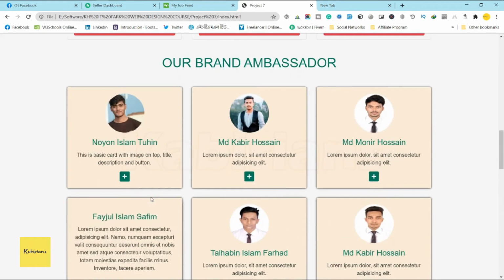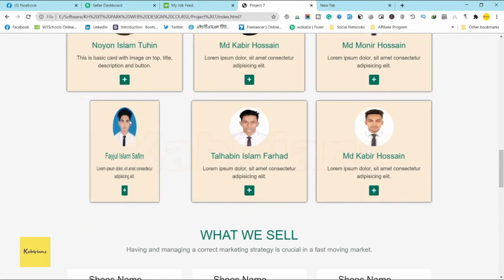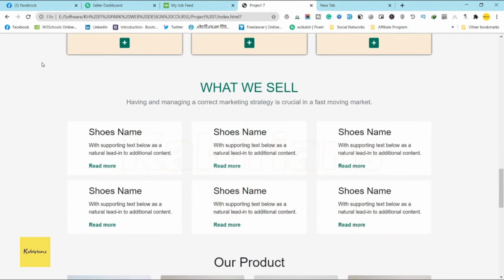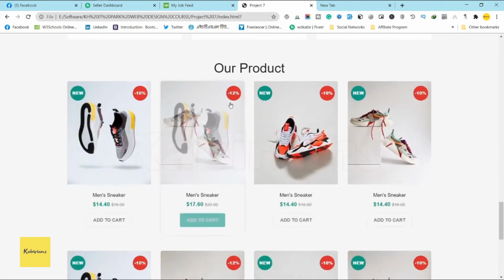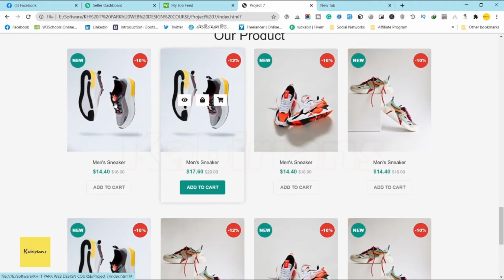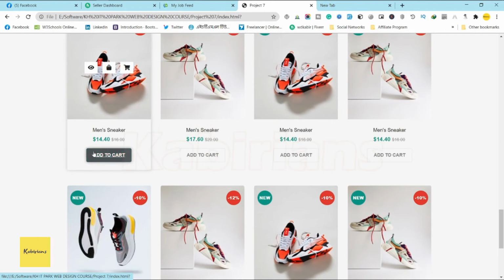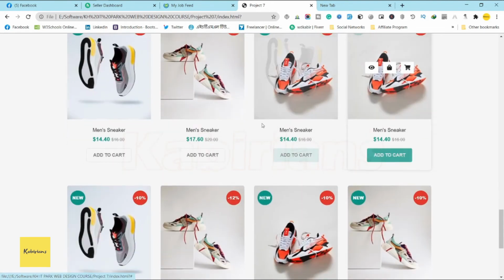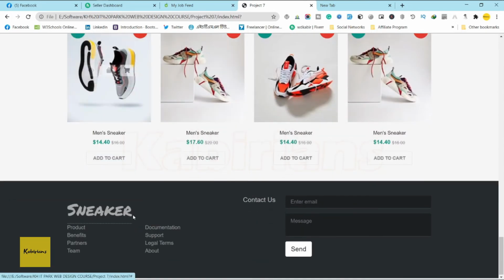And this section has an amazing card with hover effect, and also there is one section for sale, and you can add your shoes name. And this is a product section. You can add your product image, and this is a hover effect, water color, and finish with a footer section